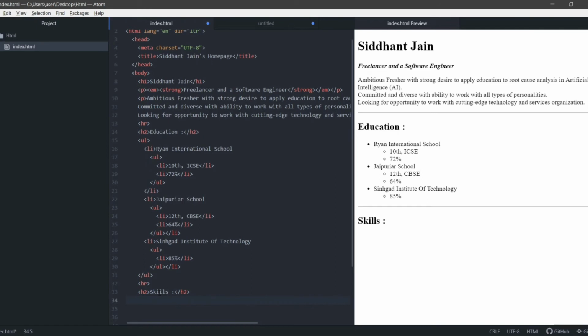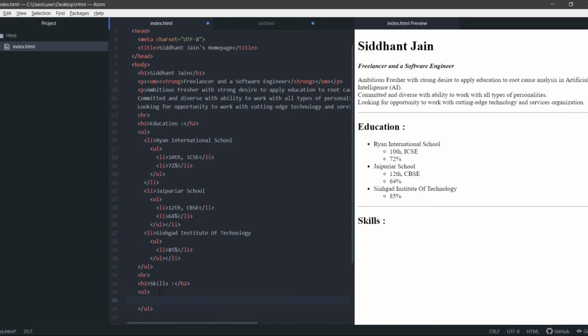Now in skills, I want to write what languages I'm fluent in and how fluent I am in them. So first thing I'll create is, let's say, a ul. I'll create a list, then I'll write li, and inside this I'll write HTML5.